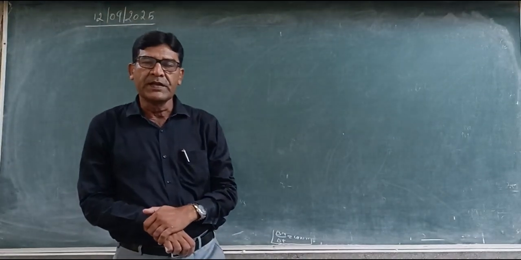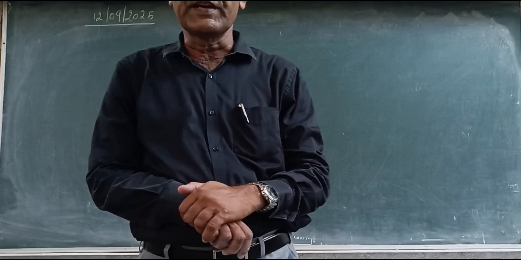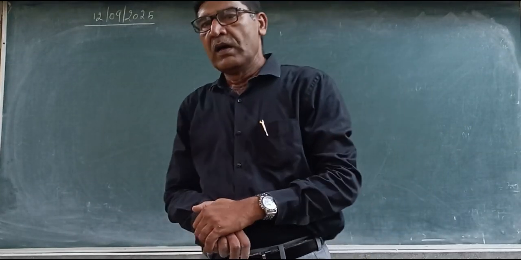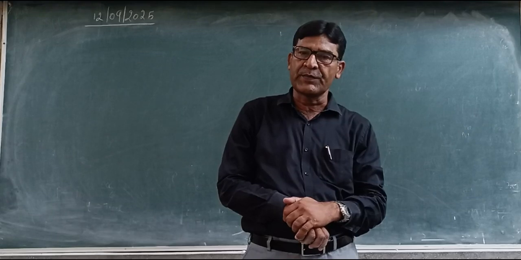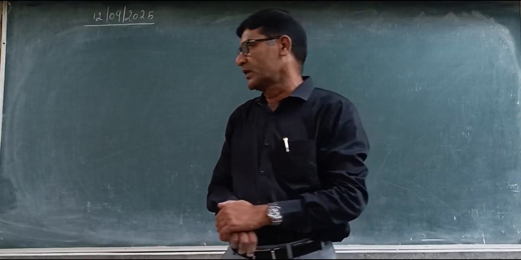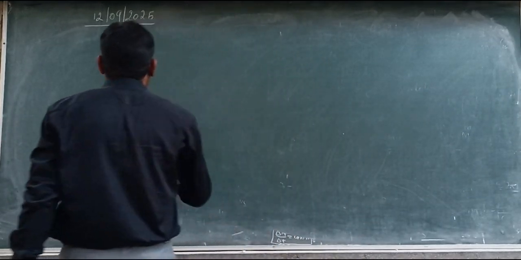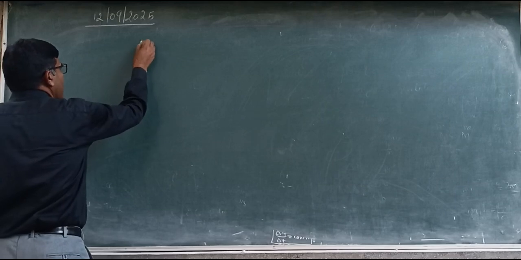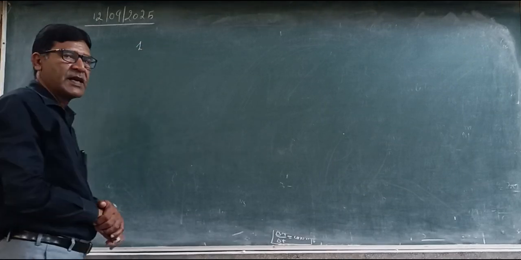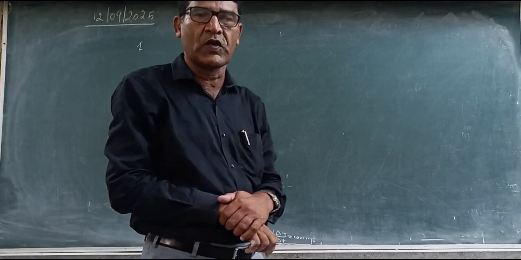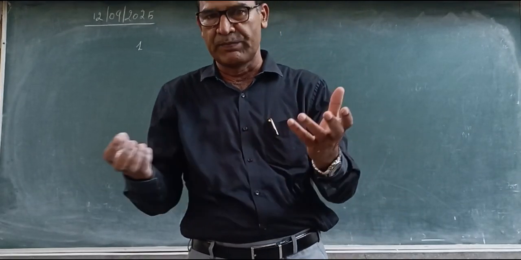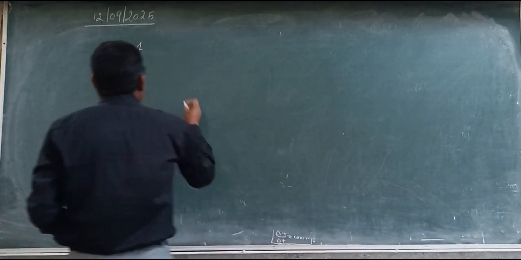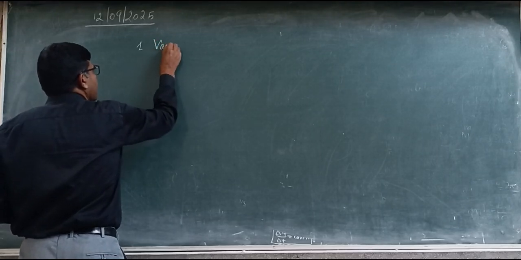Hello बच्चों, in this video we will study the variation in the acceleration due to gravity, due to height, due to depth, due to shape of earth and due to rotation of the earth. First of all, let us see what is acceleration due to gravity. This is the acceleration acquired by a free falling object due to gravitational pull of a massive object, for example earth. So the first variation